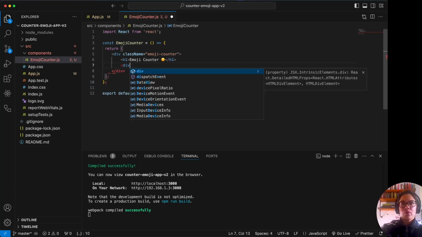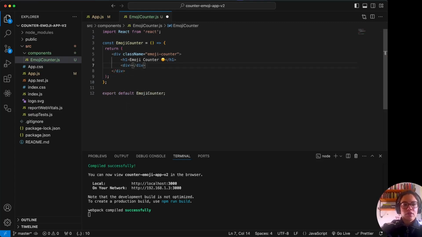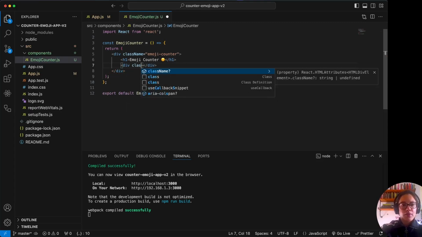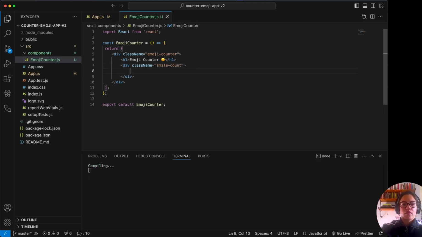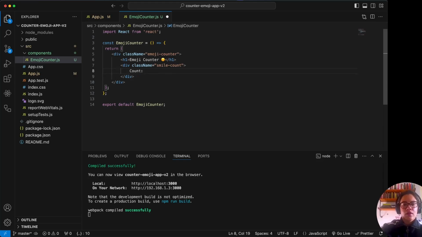Let's put that inside of a div, and let's do another className called count or smile count. Right now this is not going to actually show a count, it's just going to show the text count because we haven't created